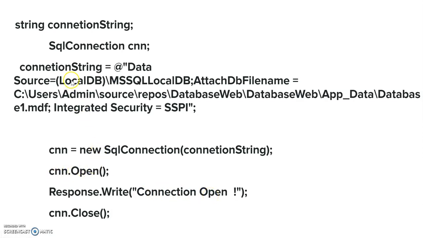This message will be printed on your browser. If there is some bug, such as it cannot find that data source or cannot find that database, and some error is there, then this line of syntax will give an error, and this message will not be printed on your web browser. After that, close this one. Now this is very simple code, written without any exception and error handling. In the next example we will see that it should be written in a proper way with a try-catch statement, and we have to handle the error.